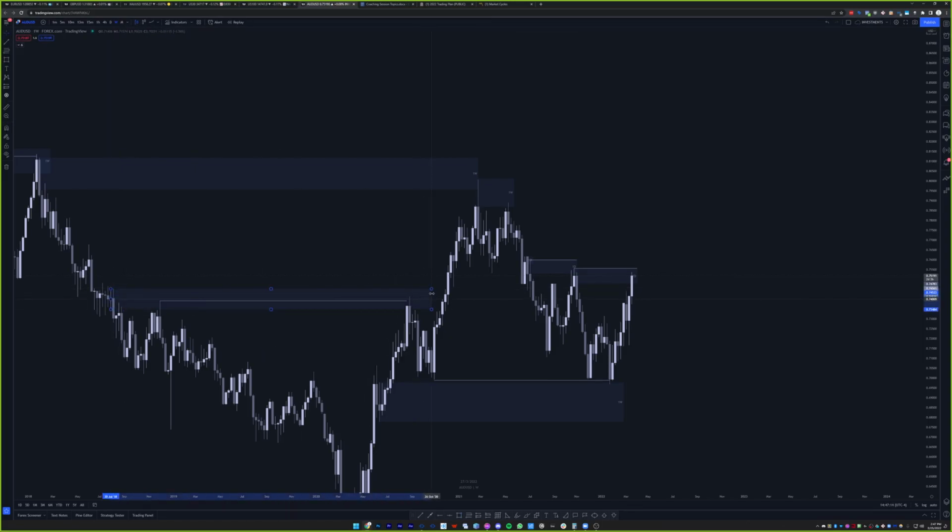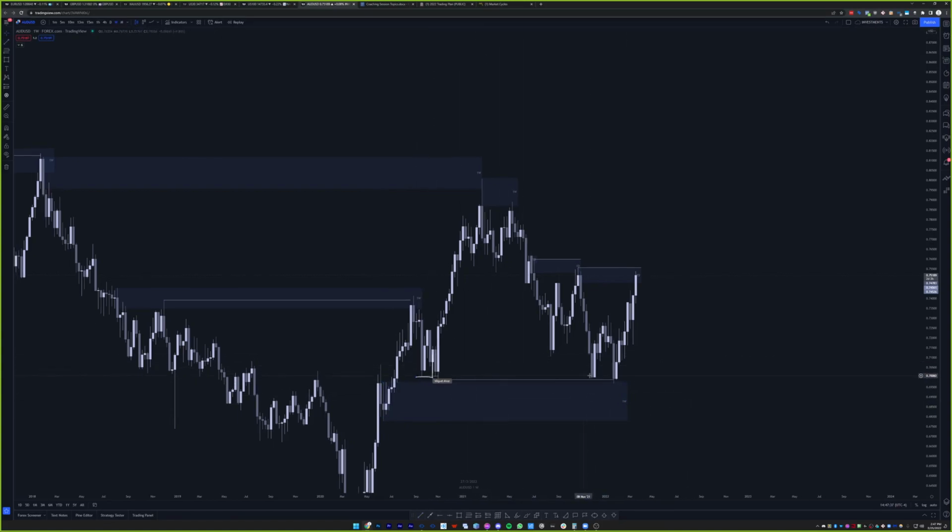Okay, we have this reaction first, then comes the sweep here of these lows. Yeah, I would mark this level as well, except it swept it. But I would mark this because we have these equal lows here, then price sweeps this. This held as a CPB twice, which is pretty crazy. Then this sweep here, and starting to see bullish order flow on the lower time frame, 4 hours or 15 minutes, would give me indication that price would go higher.